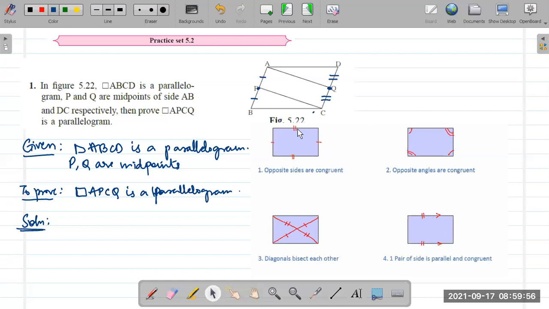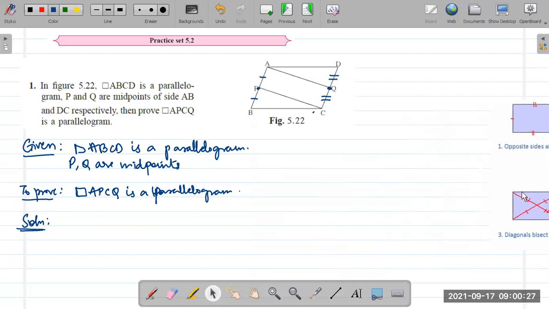You can see here, there are two pairs. This is angles, forget it. This is diagonals, forget it. No use of these two properties. So either the first property or the last property. From these also, the last property shows one pair of sides. So we are going to use this property. We have to prove that for this quadrilateral APCQ, one pair, that is AP and QC, is parallel and equal. So let's start with the proof.